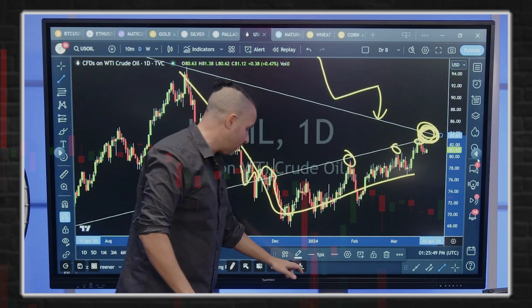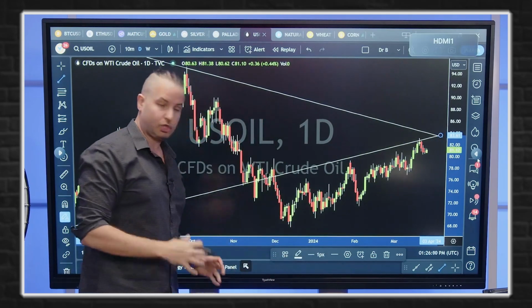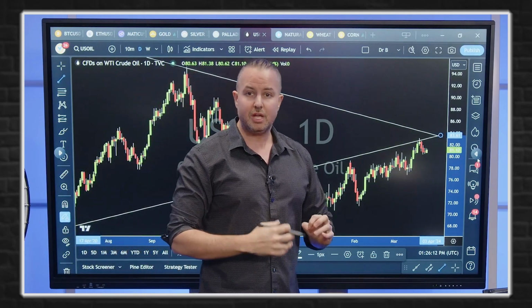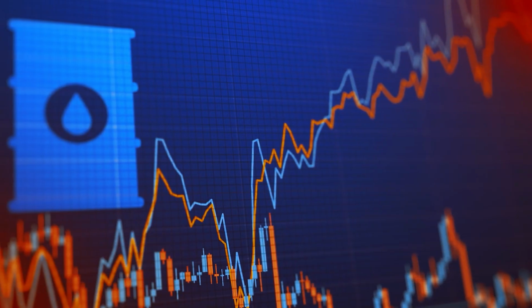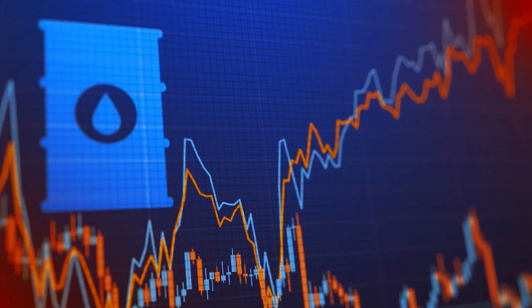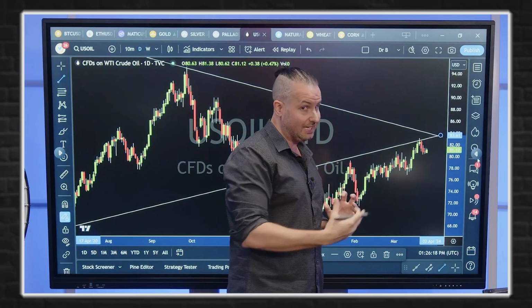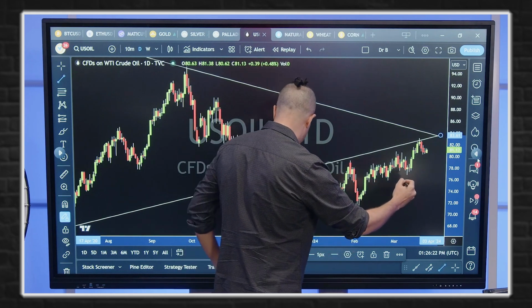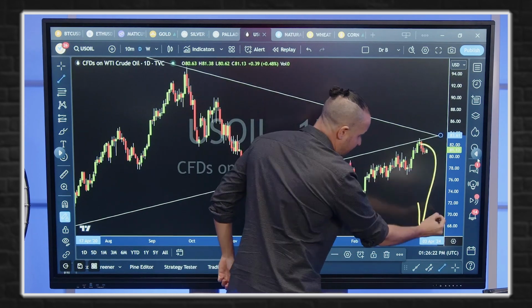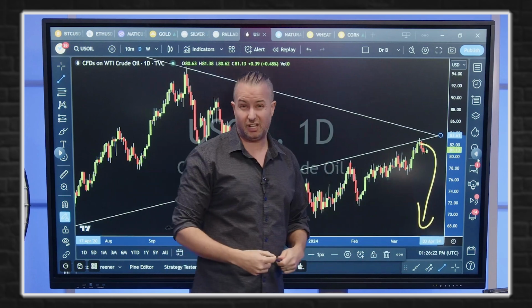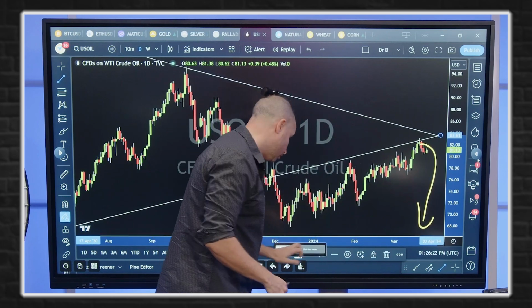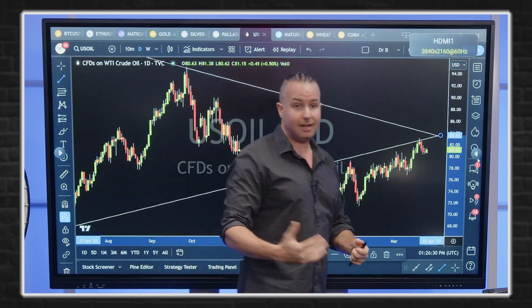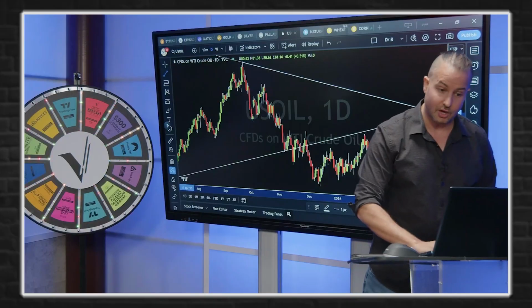So just something to be aware of is that, as a swing trader, I have to be looking at these and saying, okay, well, I favored the upside on oil towards $84, $85 a barrel. But actually, once it achieves that, or even if it doesn't achieve it, you could be setting up for another big move to the downside, which could take us all the way back to the low 60s potentially. So just a heads up on that. What would cause that? If the U.S. starts slowing down, watch out below.